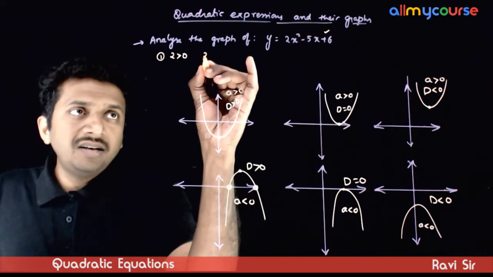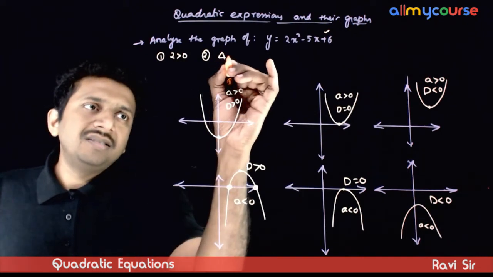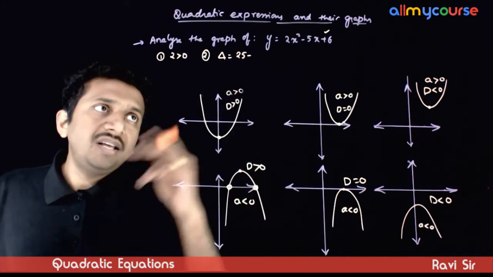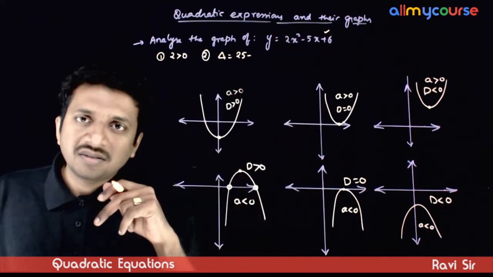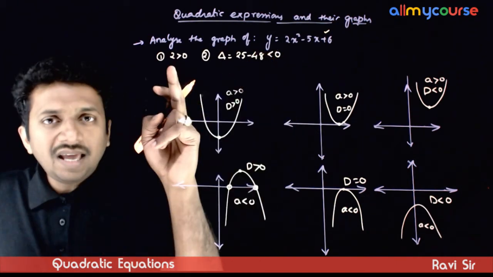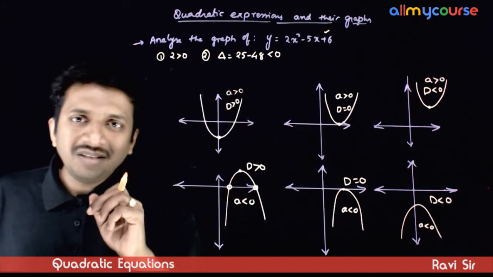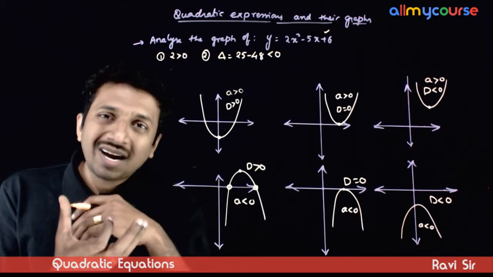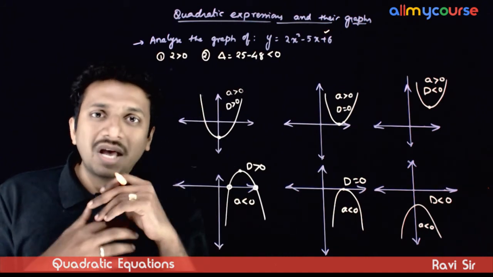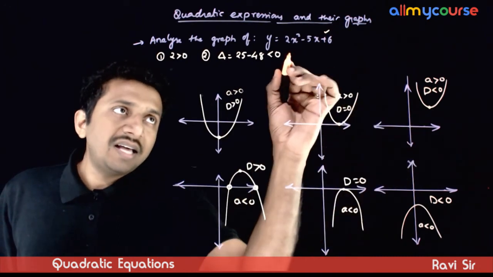Next, the second thing to observe is the value of discriminant. Delta is equal to b² - 4ac, which is 25 - 4 × 2 × 6, that is 48, which is negative. So a is positive, you have an upward parabola, and discriminant is negative, that means the graph is not cutting x-axis. Discriminant is negative means that the equation does not have any real roots. That means the graph should not cut x-axis, hence this